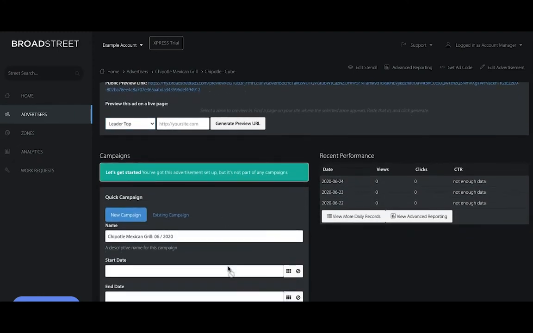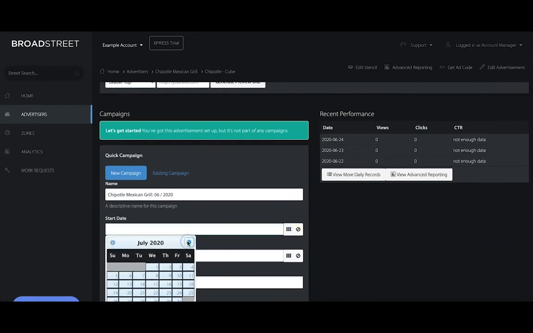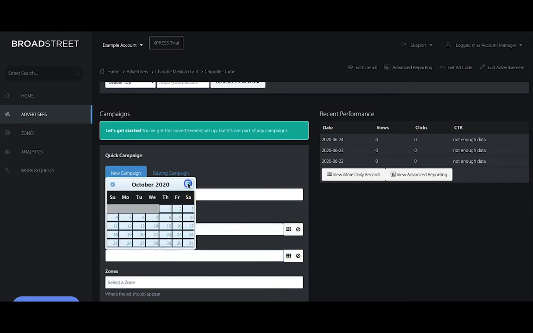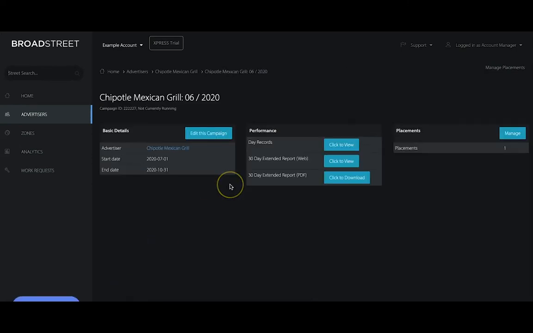If and when the client says, okay, let's give it a go, what we'll do is we'll say, okay, let's run this. Maybe we'll run it from July 1st and we'll run it through the end of October, just picking a random date there. We'll pick leaderboard top as the place where it should run. We'll save that. And now that campaign will go live automatically on the 1st of July and it'll end automatically